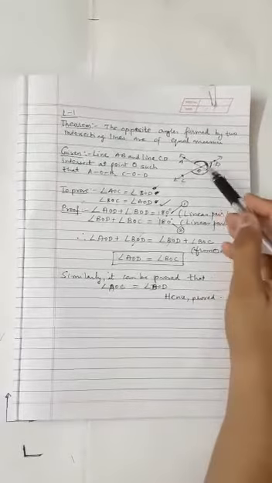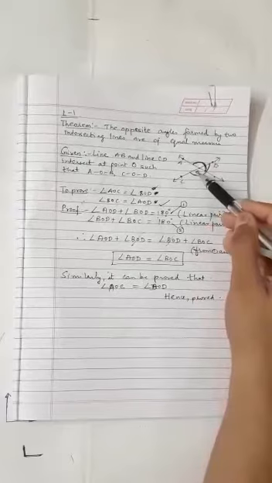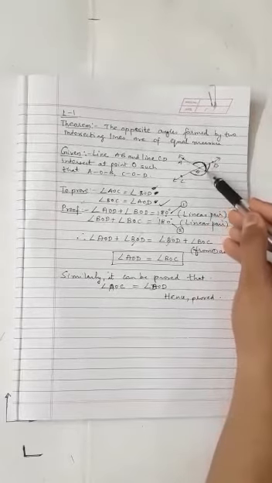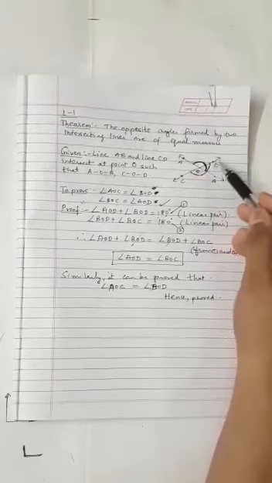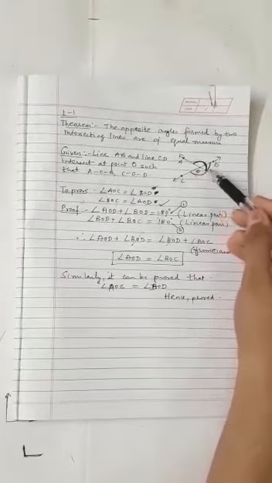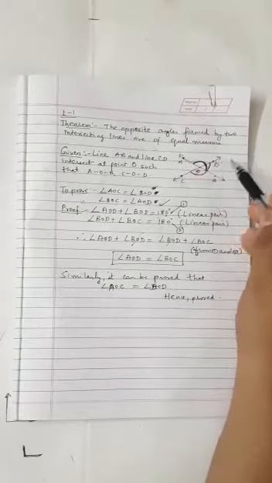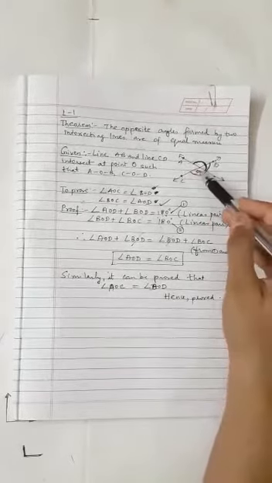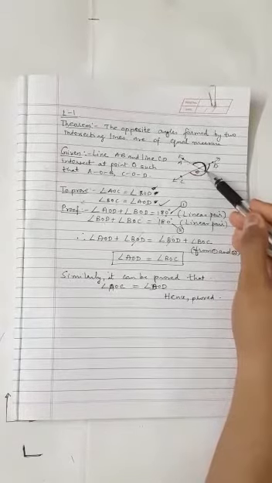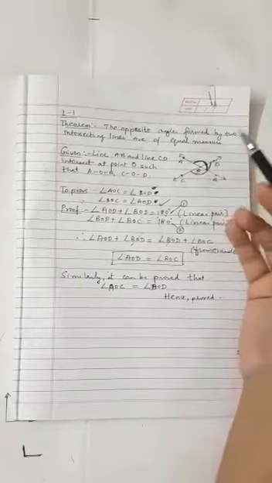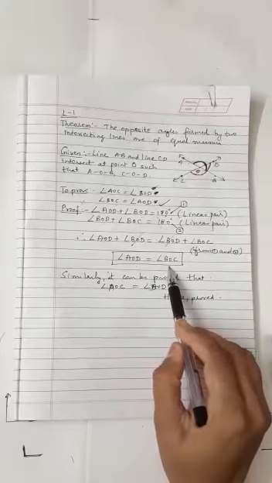Once again I repeat, we have two lines intersecting, AB and CD. They intersect at a point O. You can see this black, children, this straight angle made up of AOD and BOD. And then we have marked this straight angle in red, which is made up of BOC and BOD. As we see clearly, angle BOD contains the black part as well as the red part. That shows that angle BOD is common. So we are left with two angles AOD and BOC.